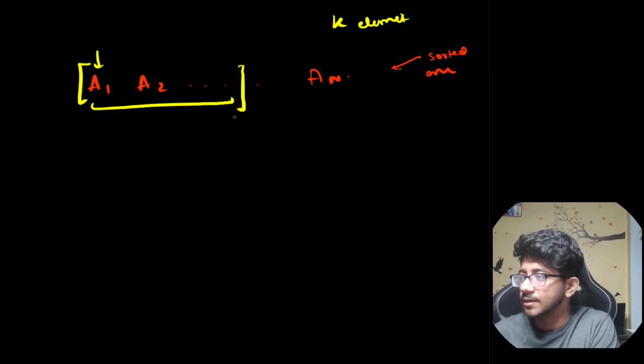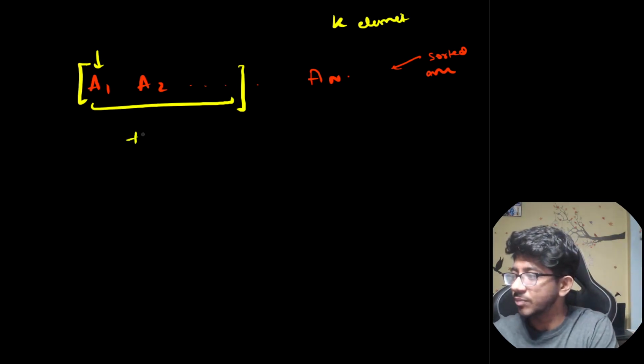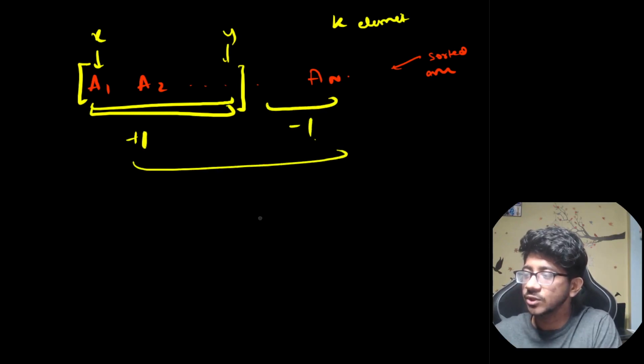So the way we can decompose this is like there should be k different majority elements. The number of plus ones, so let's say if this is x, there is going to be some y. These are the elements that are going to give us the plus ones, and these are the things that are going to give us minus 1. And in total, this sum is going to be equal to